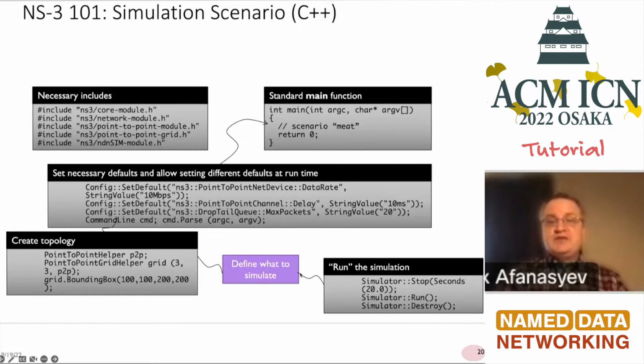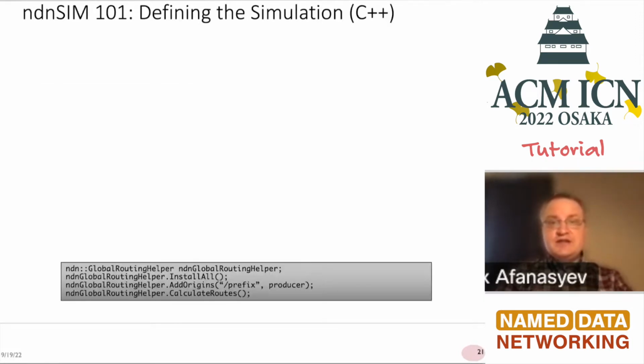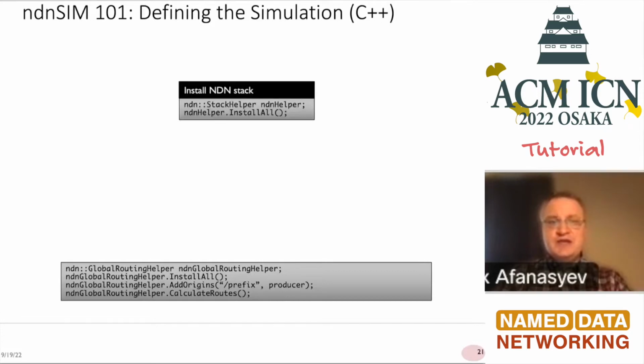And now the actual simulation for the NDN stuff. As I said, you can define prefixes using the global routing helper. So in this case, the only prefix that I want to announce in that environment is /prefix for a specific producer, and the producer, in this case, is an instance of the node class. Node is NS3's representation of the node, and I'll try to show a few examples. NDN stack helper is the main thing to deal with the NDN stack, like installing them, in a simple way, and